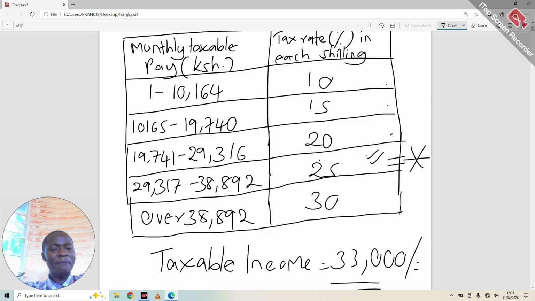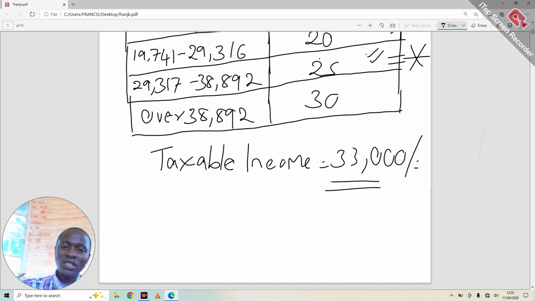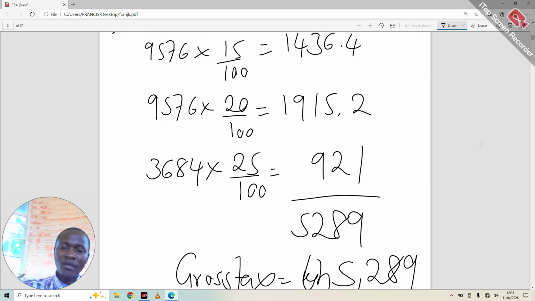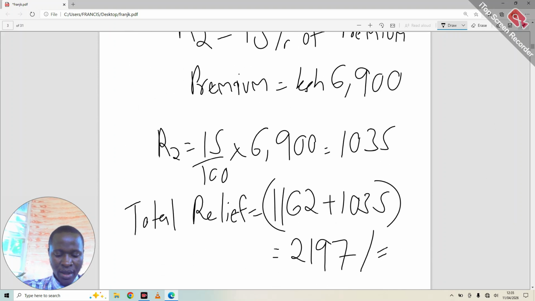That is where up to that band, that is where that guy was taxed. Okay? Then the other sentence just after it, which read, and he paid 28% more tax each month. Now that part really confuses more students. Now listen, that 28% more tax,